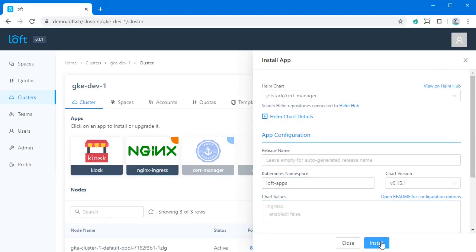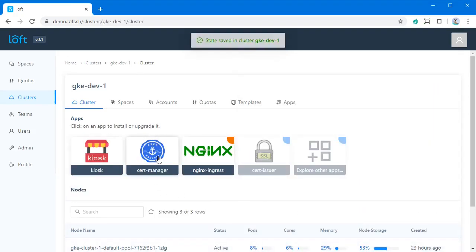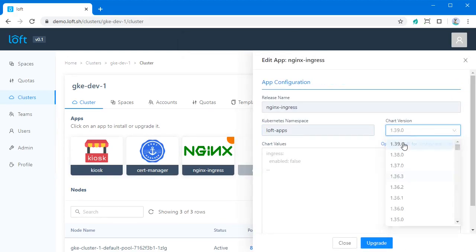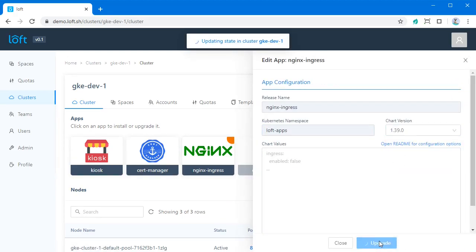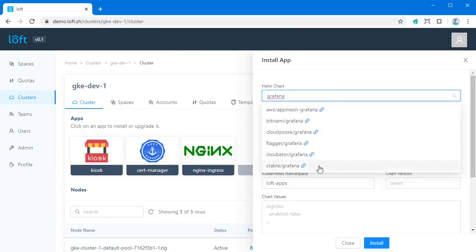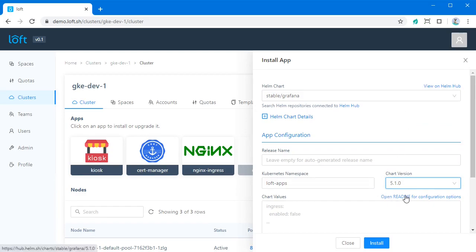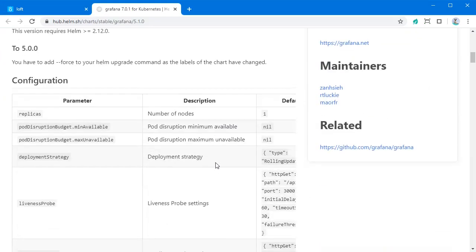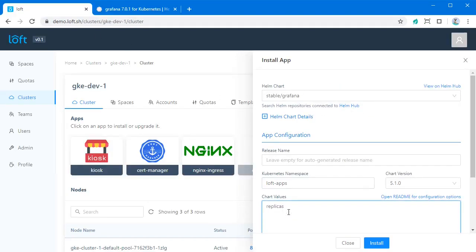After connecting a cluster, you can use the Loft app store to install any of the over 1,200 Helm charts available on Helm Hub with just a few clicks. Loft provides smart defaults for popular charts, such as Nginx Ingress Controller or Cert Manager. You can even set up a private image registry and integrate it with Loft's authentication system in less than a